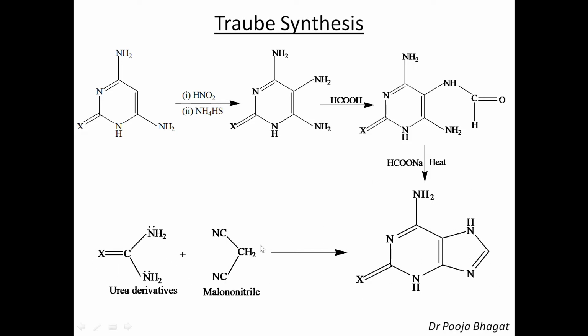What about this? We have seen that this CH2, CN, CH2, then this C. This is the purine ring part only. So if I want amino group at the 6th position, then I will take CN. But let's say I want OH here, enol, or you can say keto form here. Then I have to take the ester here. Rather than nitrogen, I have to take oxygen. So the electrophilic carbon will then be ester. So instead of CN, I can take ester.